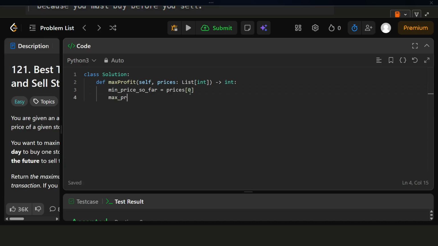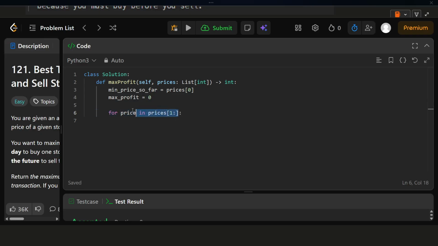Then our maximum profit: currently there is no profit, so we will say 0. Now our loop will start over prices. We are going to take a slice because we don't want to take the 0th index. So here we are taking the values from 1 to n. This logic is simple.